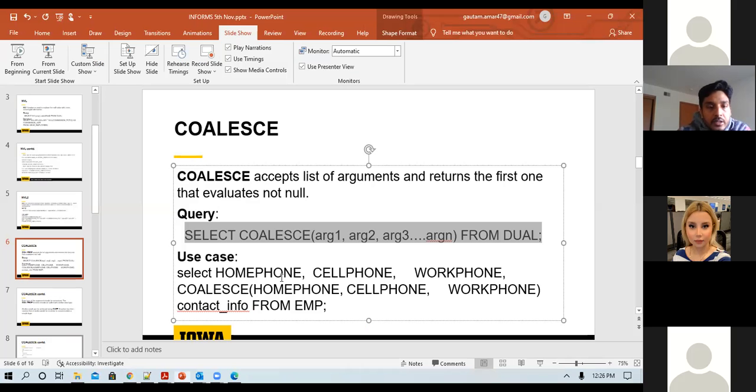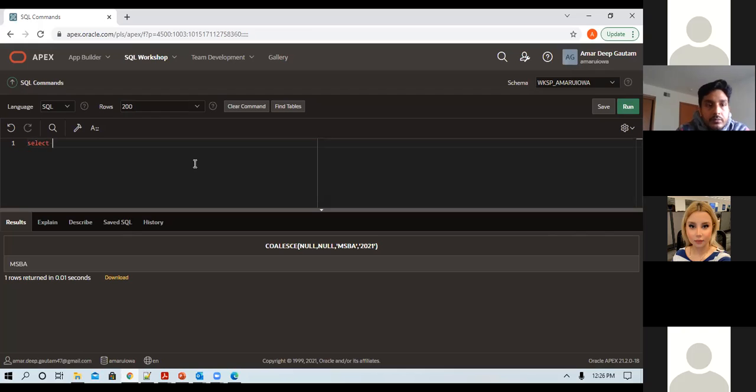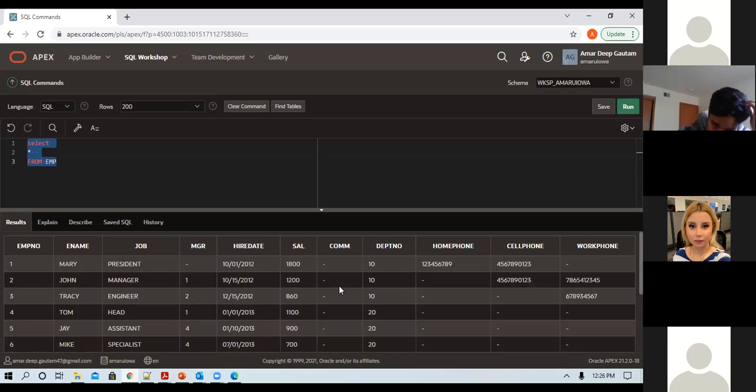And the best use case for this is, let's say every employee has 3 different kinds of phone numbers. They may or may not have them.